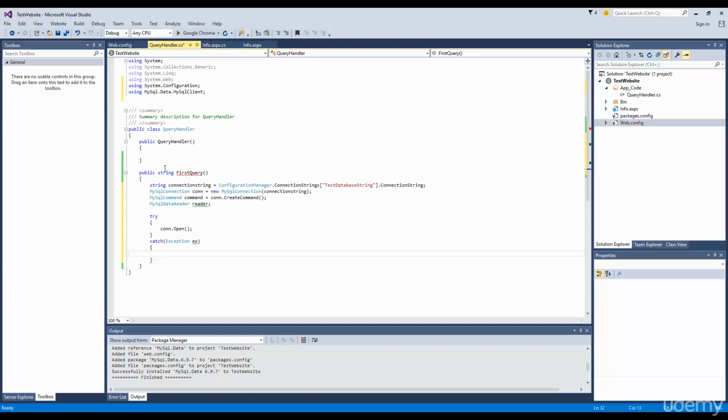So we said public string first query. The string says that you are going to return a string. In case our connection doesn't open, let's return a string with this thing. Return invalid connection settings, right? And here go ahead and write command